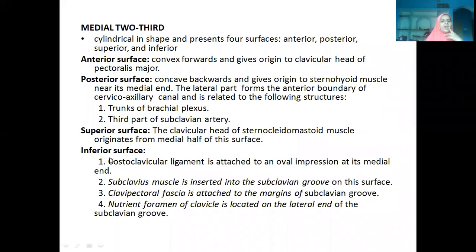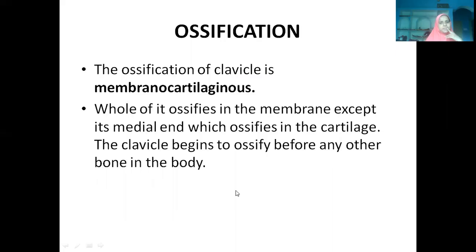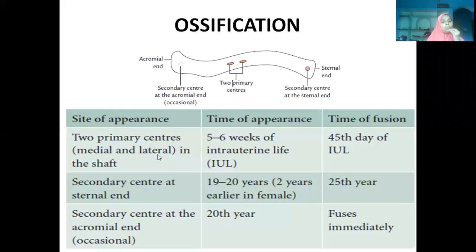Okay. Anyhow, I have shown you all the muscle attachments. Now coming to ossification. It is partly ossifying in membrane and partly, I told you, the medial end is ossifying in cartilage. Rest is all ossifying in the membrane. That's what is written here. But the medial end ossifies in cartilage. The rest of the bone is ossifying in membrane. Okay. So this is the first bone to ossify, right? We have the primary ossification center beginning for this bone first, right?